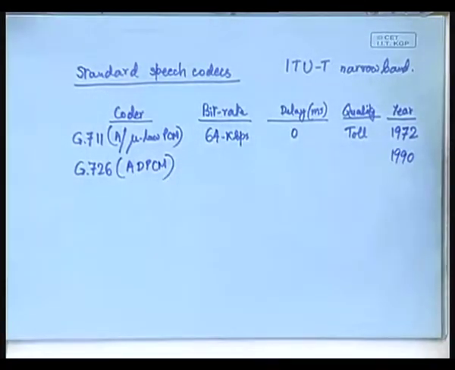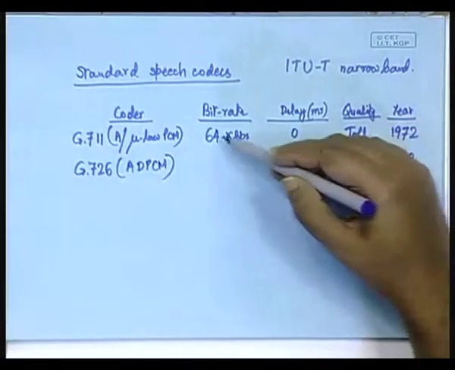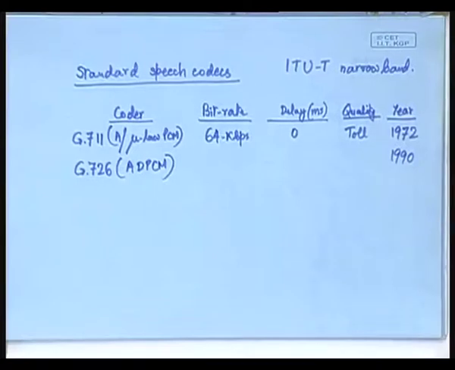We will of course be learning about ADPCM in a great deal of detail in the lectures to follow, but just to tell you in a nutshell, here the bit rate is obviously expected to be much lower than this 64 kilobits per second, because as I mentioned in the very first class,